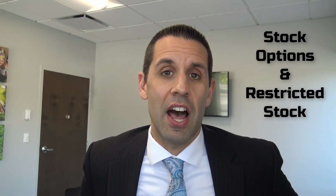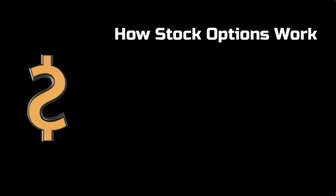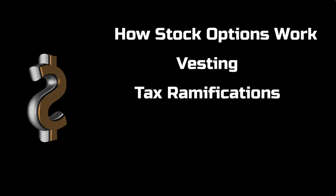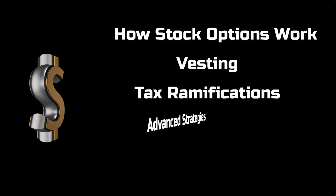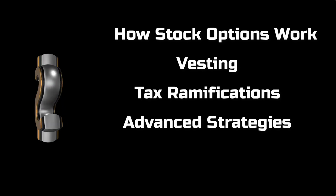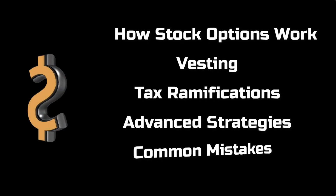Today we're going to be covering stock options and restricted stock. Now, this is becoming a more common form of compensation from companies, to offer these option plans or restricted stock. Today we're going to be going over how these different features work, how they vest, the tax ramifications that you have to be aware of, as well as some advanced execution strategies that you could consider as you become vested in these either options or stock, as well as common mistakes we see people make when executing their option